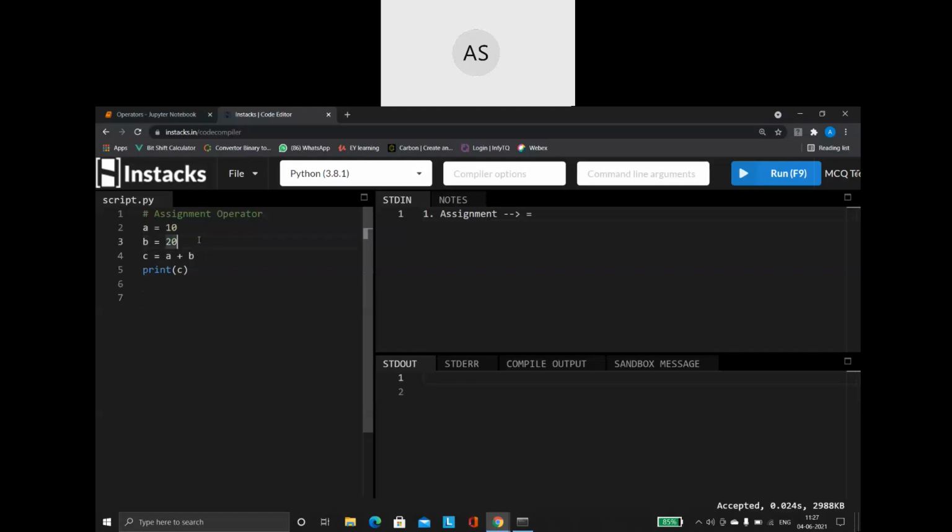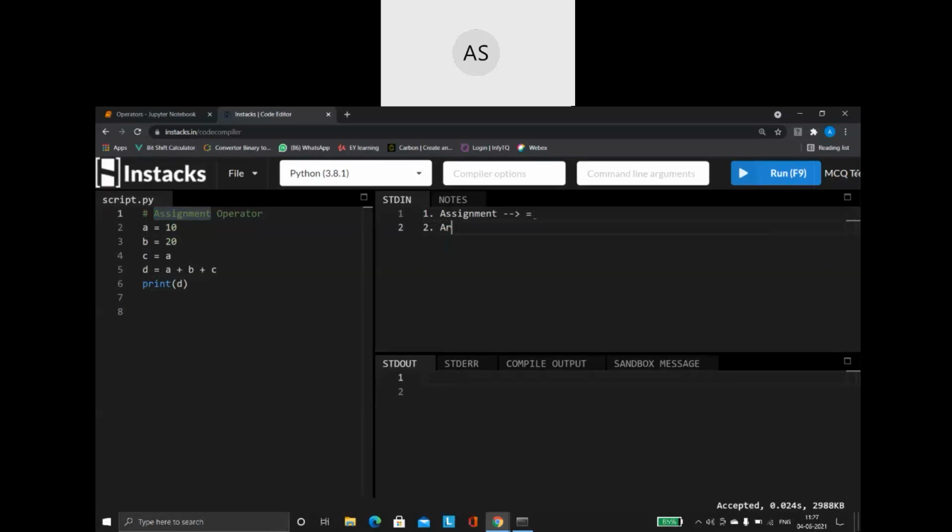Okay, so here I can even give like this. I can even say C is equal to A. You can assign one variable's value to another variable, which is also possible. Here I'm going to say A plus B plus C and I'm printing the D. So this is a small example for your assignment operator. Right. What is the next operator?